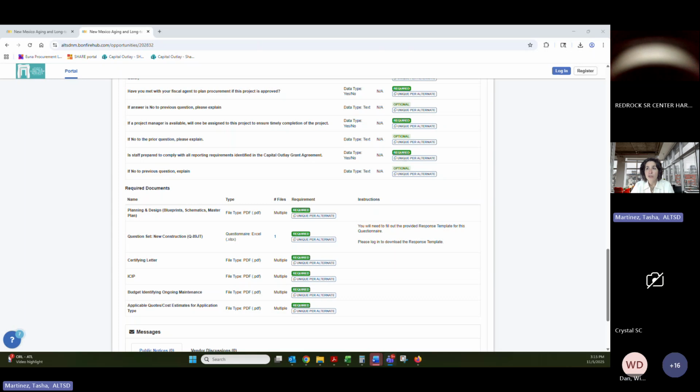Thank you. Sure. And then the last thing is going to be the applicable quotes and cost estimates for application type. These are really important. I can't stress enough that I need you to make sure that this is from a legitimate company. If they're handwritten, they will not be acceptable. So just make sure if you're going to submit quotes and cost estimates, if you're asking for 800,000 for meals equipment, but I have a quote for 20,000, I need to know what the rest of the funding is going